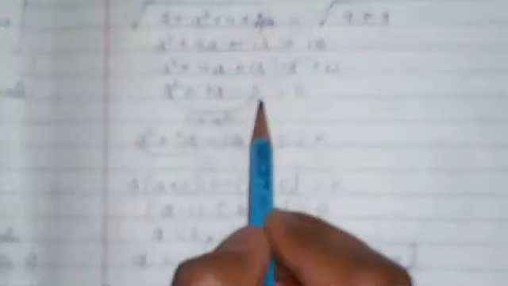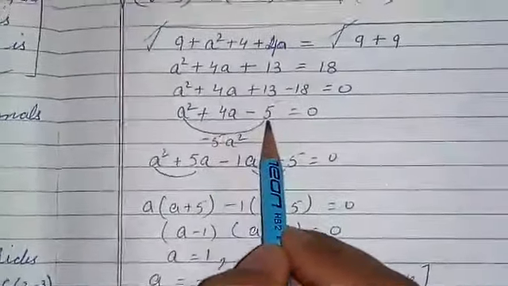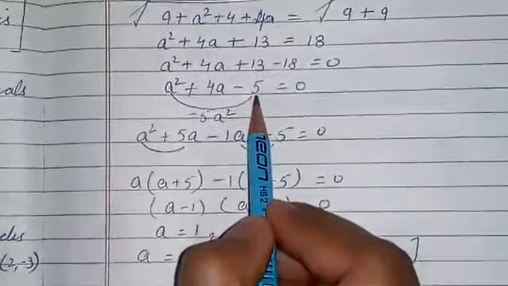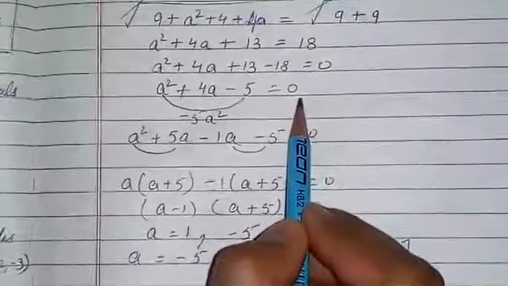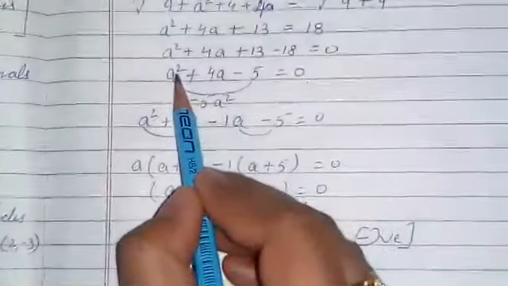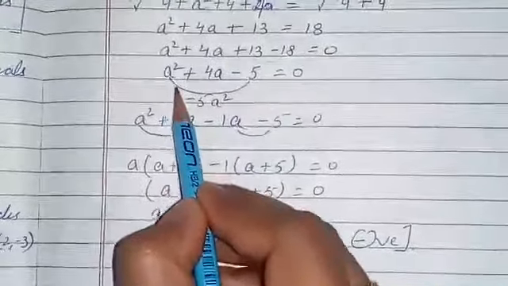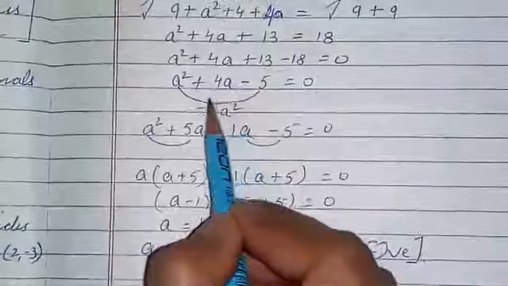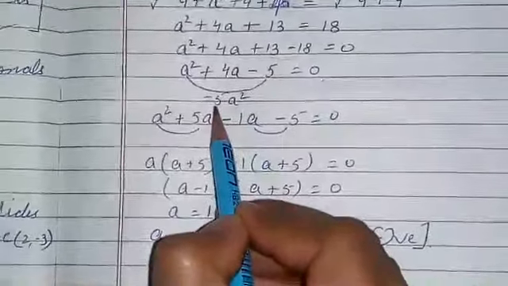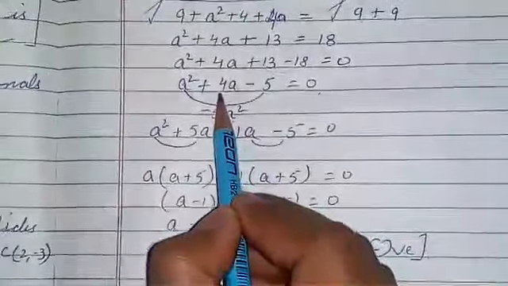Now students, it has become a quadratic equation: a square plus 4a minus 5. You know how to solve quadratic equations, you have done it in class 8th. Arrange the equation properly either in ascending or descending order. Already arranged? Highest power 2, then 1 and then 0. Then the next step, multiply the first term with the last term. What will you get? Minus 5a square. Now children, you have to split it in such a way that after multiplication you will get 5 and after plus or minus you will get 4.